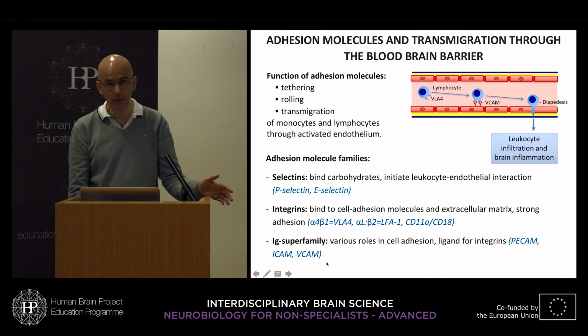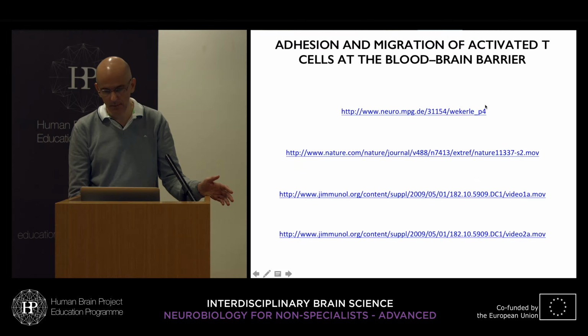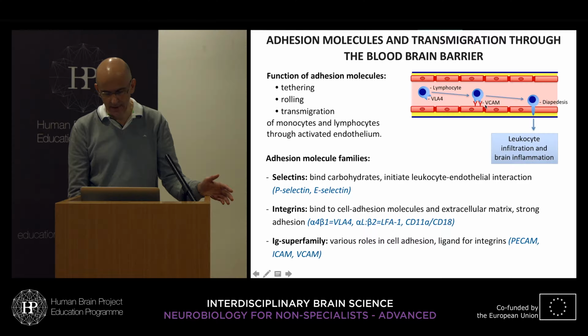And finally, the Ig superfamily, which has various roles in cell adhesion and which is a ligand for integrins. Example shown here is VCAM. So a lymphocyte expressing VLA4 will meet an endothelial cell expressing VCAM. They will attach, then they will roll, and finally they will enter the brain parenchyma via diapedesis, leading to leukocyte